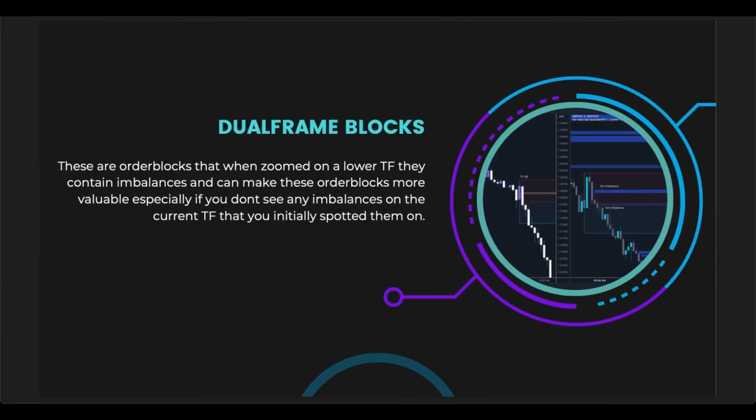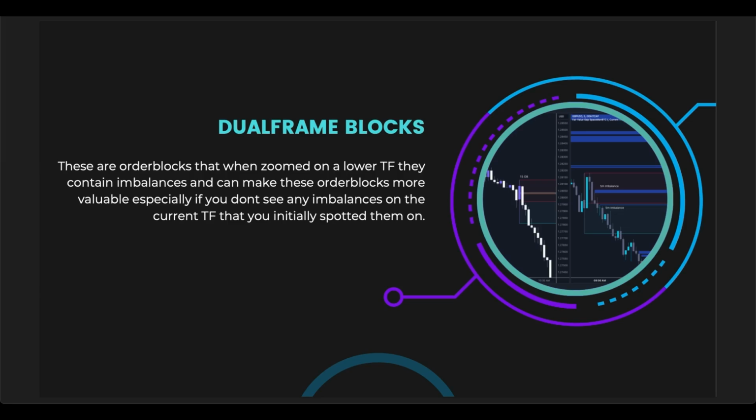Okay. Now I want to talk about something that I guess, I don't know if you could say I came up with, but this is something that I decided to name for myself, and it's called dual frame blocks. So these are order blocks that, when zoomed on a lower time frame, they contain imbalances and can make these order blocks more valuable,